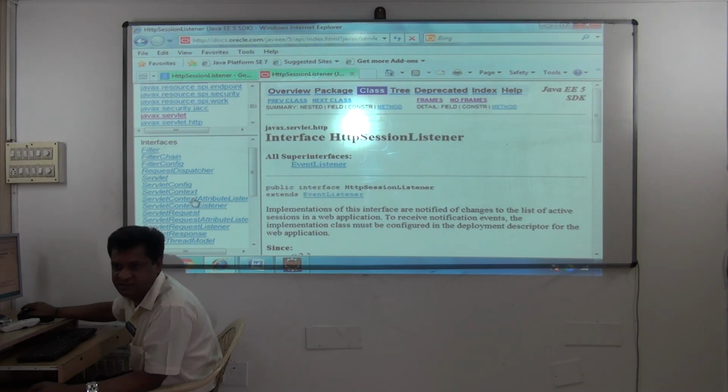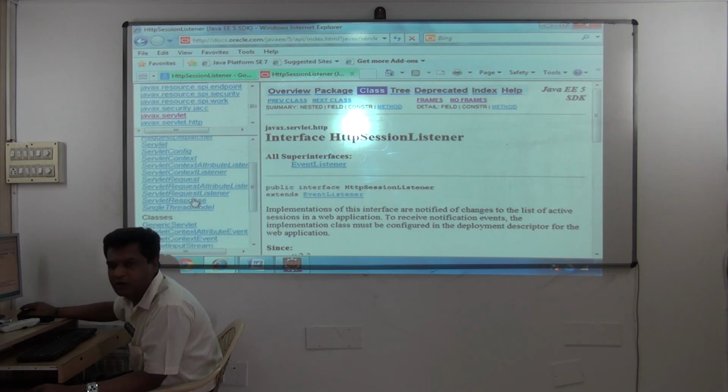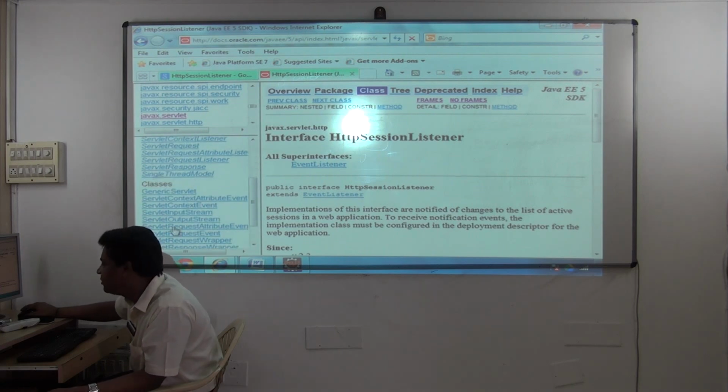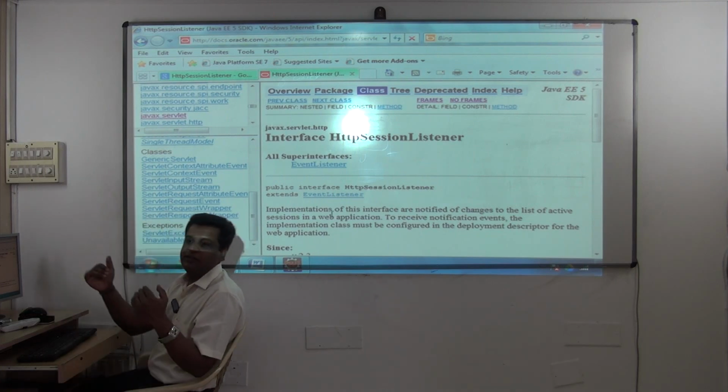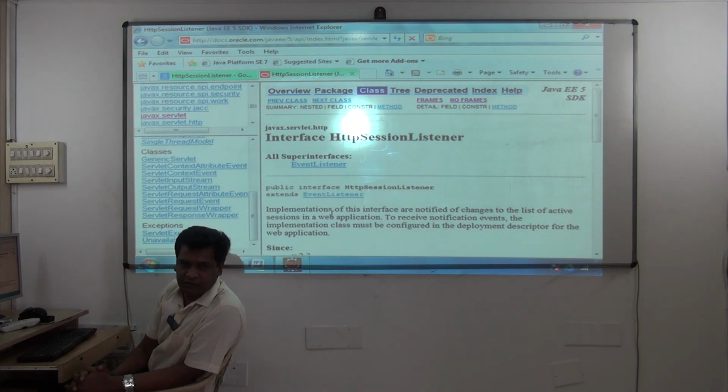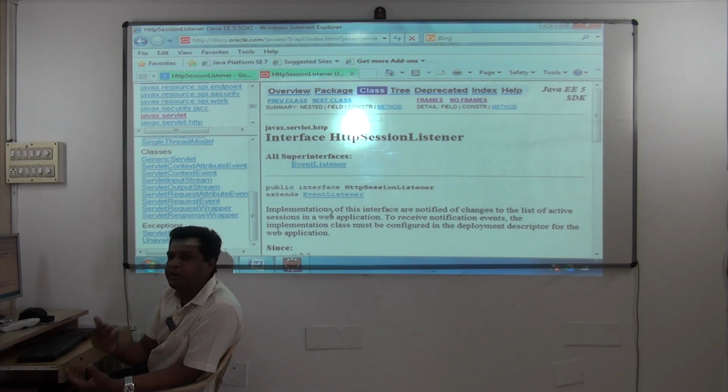Okay, so this much has to be covered in the Servlet syllabus. Many people will tell you all that is not required. See this, all these are covered now. These are the classes, somehow covered. Like this, you should know all this. Only then can you write a good application. But other institutes, what will they do? They'll teach Hello World and tell you Servlet is over. What do you mean by that? You are thinking I am teaching in depth. Honestly telling you, I have just given you an overview.